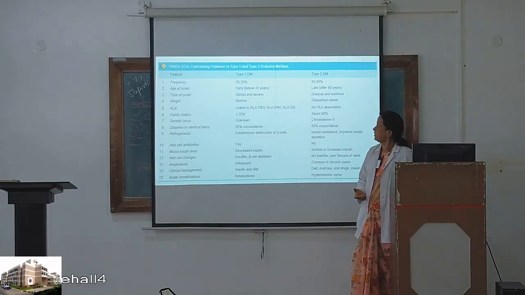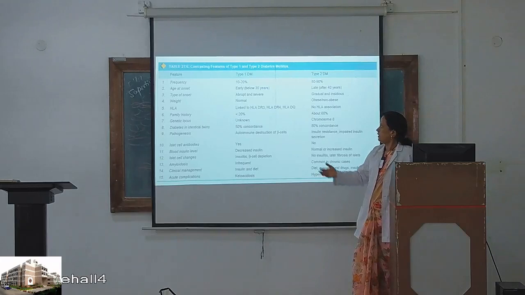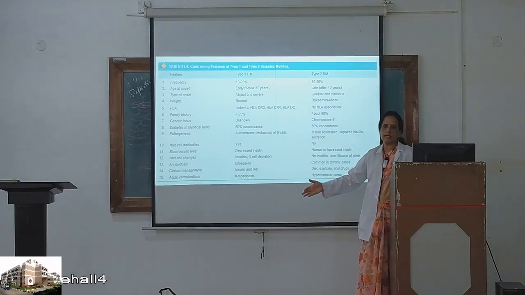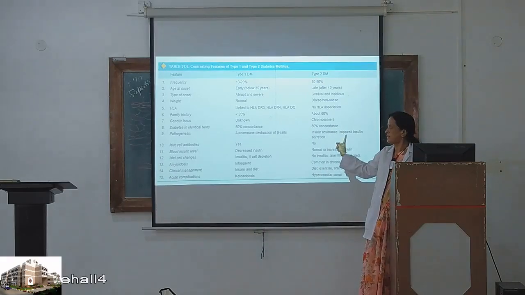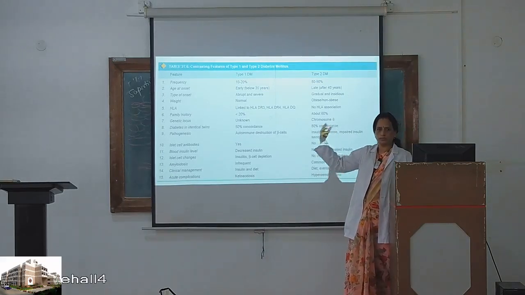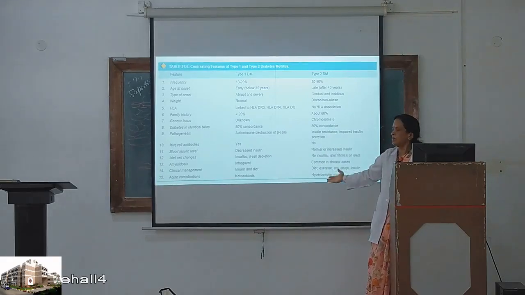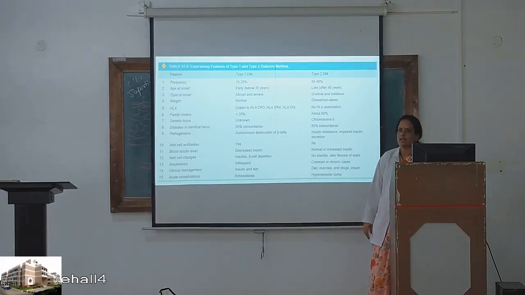Yes. Contrasting features of type 1 and type 2. This already I have told you. So just pause this slide, go through the differences. Same thing which had been discussed earlier in the earlier slides, just summated everything here. So look at the differences, you get to know all the points again. This is for